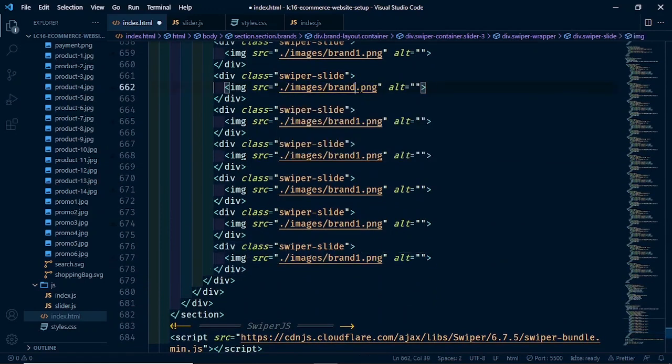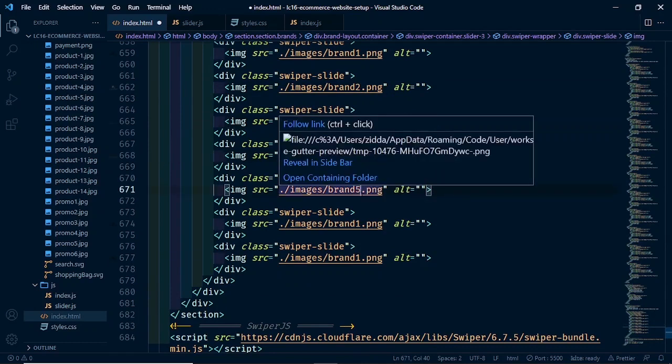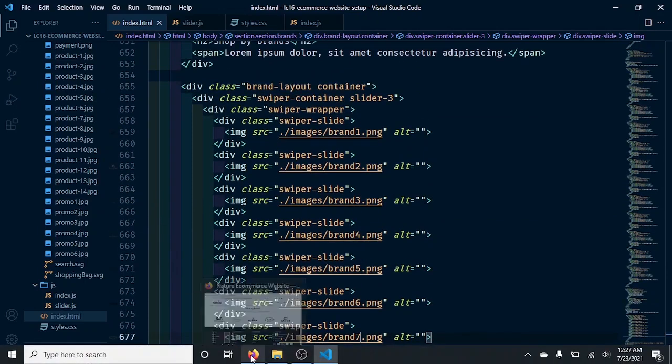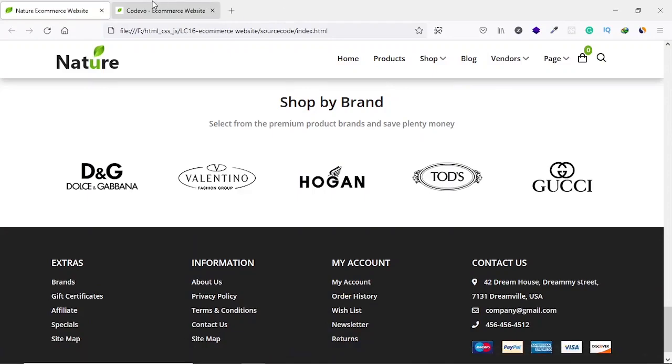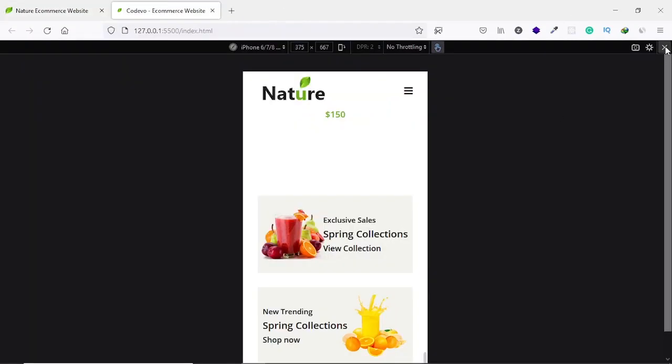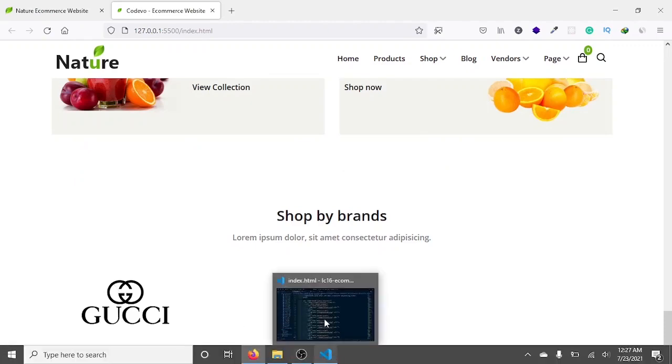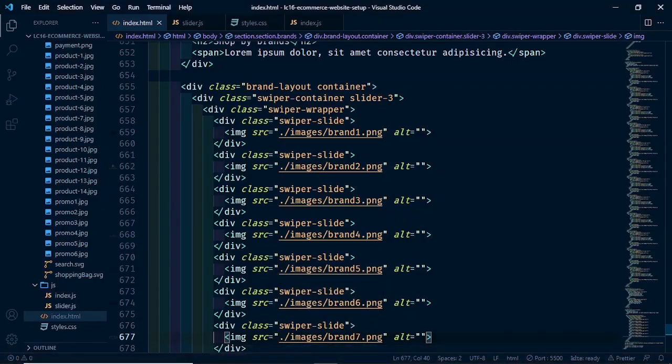Let's change this to 2, this to 3, to 4, then 5, and let's say 6 and 7. Here should be 7. Let's save this and go to our browser and let's see. So this is what we have. Let's activate this slider. So go to slider.js,